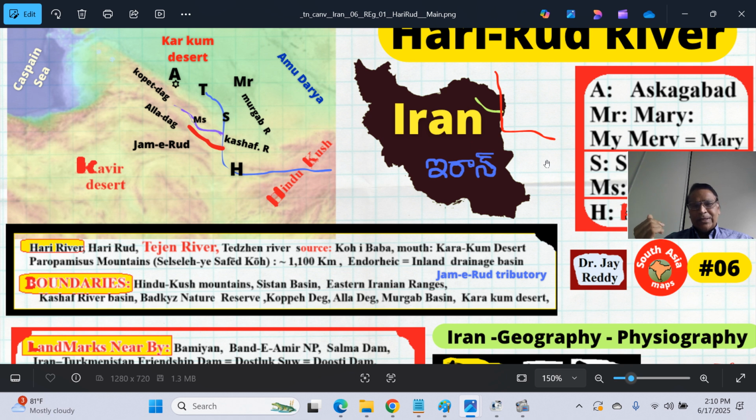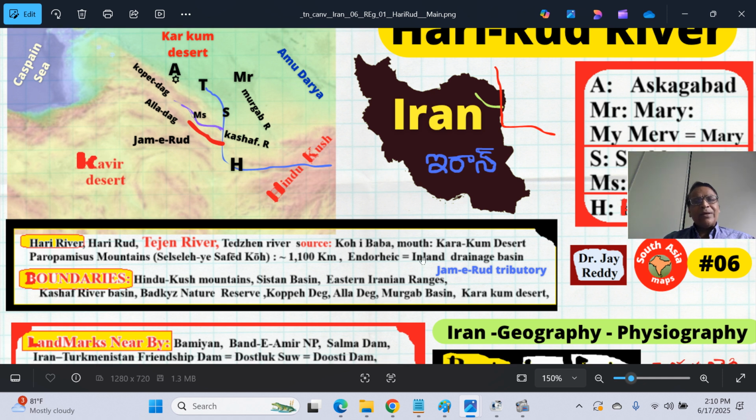Kush means that previously Islamic conquistadors used to capture slaves and people from the Shahi kingdom and carry them to Bukhara, Samarkand, Central Asia, and sell them. A lot of people died in the harsh winter, so it's called Hindu Kush mountains. And its mouth, where it terminates, is the Karakum desert. Kara means dark. Kum is again the Turkic word for desert region. Karakum desert in the Turania land, that is the southern part of Turkmenistan today.